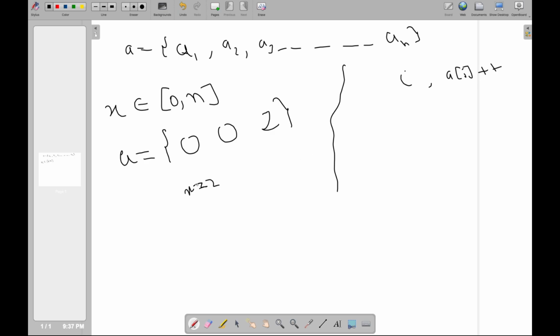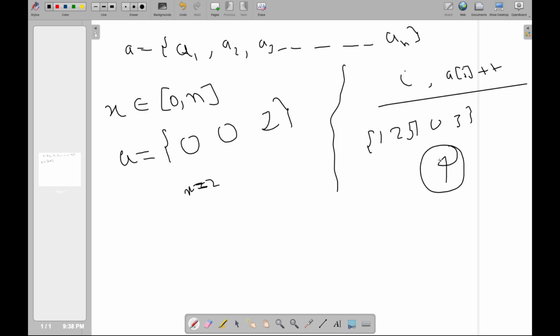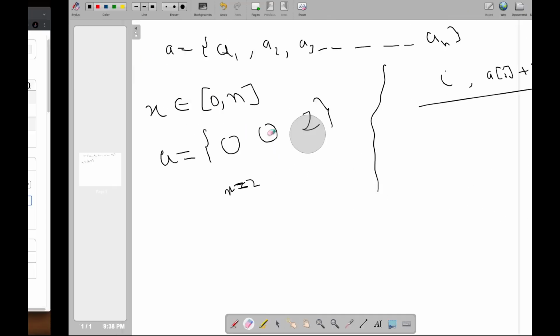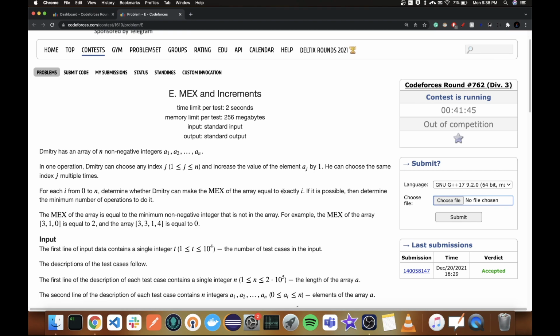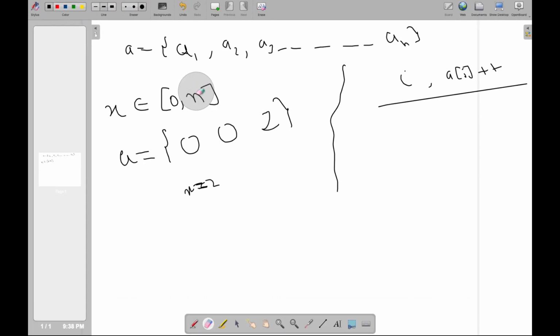To get mex of value 2, if you don't know what mex is, mex is basically, let's say I have a set 1 2 5 0 3 of values, then it is the smallest non-negative value that doesn't occur in this set. So 0 occurs, 1 occurs, 2 occurs, 3 occurs, 4 doesn't. So 4 is the mex. So that was a quick explanation of mex. Well, I figure if you reached this problem, you can read the definition of mex yourself. Anyhow,